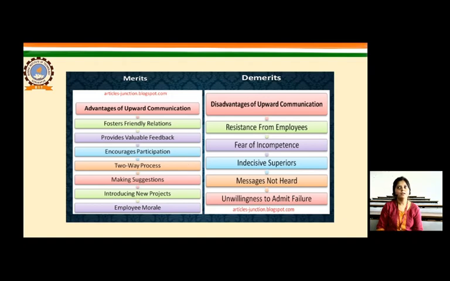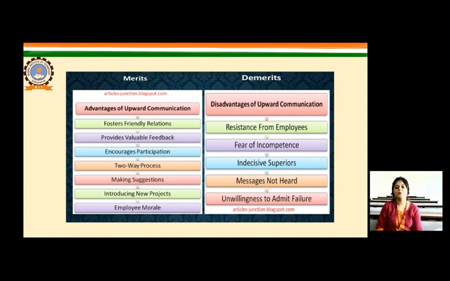And introducing new projects. So an idea can be not even from the top management or from the senior management level, but it can also generate from a worker level or an executive level or an AVP level, and this helps in better projects coming out and new projects being realized. Employee morale. Also the employees feel motivated, they feel boosted, they feel they are being recognized in the firm, and this increases their confidence in the organization and also their confidence in the work and workplace.